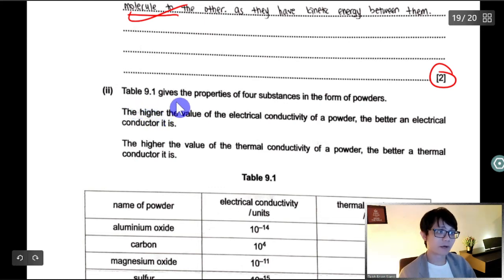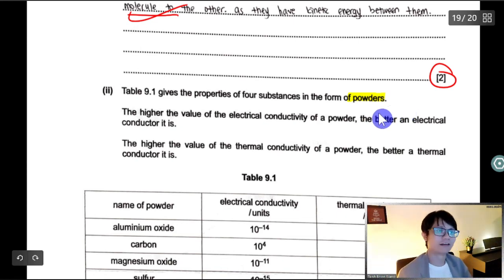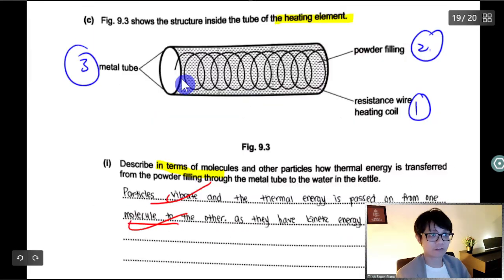Table 9.1 gives the properties of 4 substances in the form of powder. So of course you want to put powder. They are not talking about powder like the powder you put on your body, or the powder you use to make a bomb. When they are talking about this powder, they are referring to the powder inside this tube. Okay, means inside this tube,